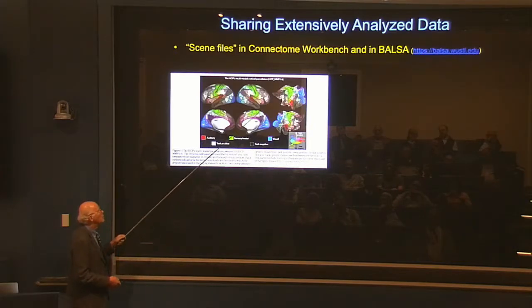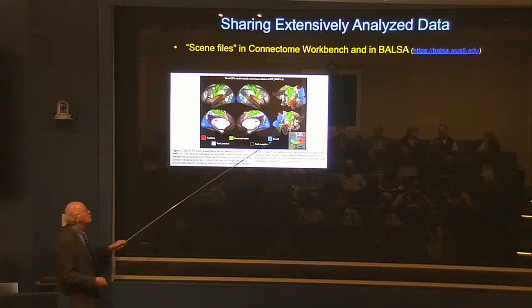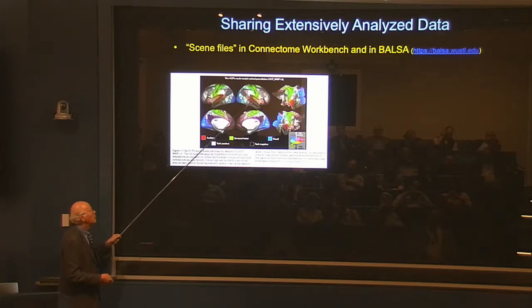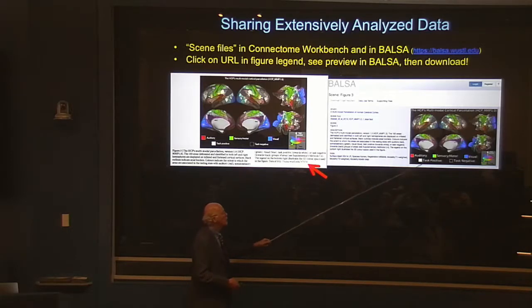But I want to comment briefly on the data sharing aspects of this, which, as Jerry alluded to, have been near and dear to me. So we were able to generate a publication with many different figures using our Connectome Workbench software, and we take the data as generated by the software, generate fully annotated images, publish the images, and then we upload the data associated with that image to our database that we call BALSA, and at each of the figure legends in the published online article, you just click on that URL, and that takes you immediately to our BALSA database, and in particular to the access point for the particular data set we call a scene file that lets you say, here's